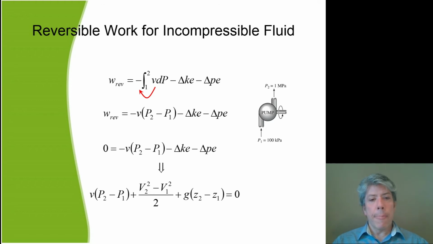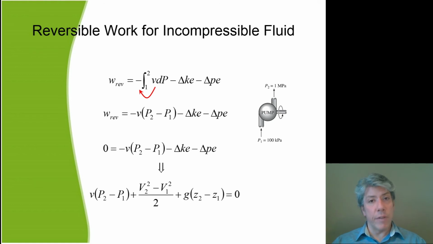So again, if you've dealt with a difference in V squared terms and a gz type term, you probably talked about head before, which is the delta Z term, the Z2 minus Z1. If you take this equation and you imagine replacing the specific volume with 1 over the density, and then you divide all three terms by the acceleration of gravity g, you will probably recognize this immediately as Bernoulli's equation, because